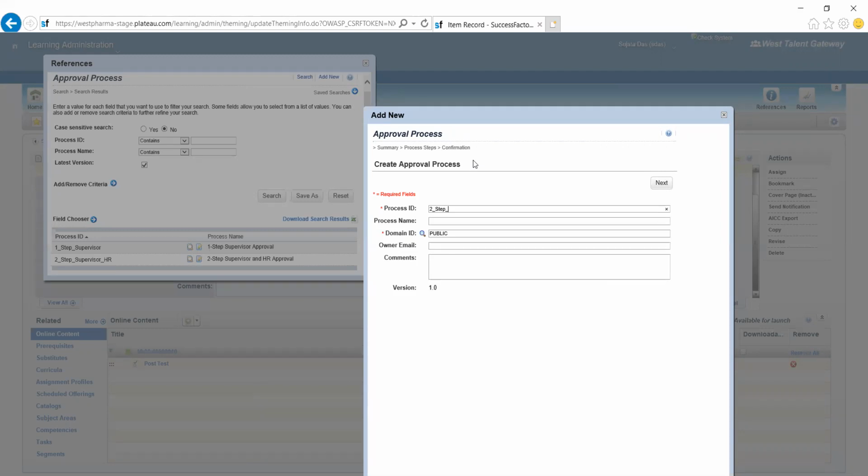Say I'm creating a new workflow, the approval process. Say it is a two-step process, and you have discussed that with your business team, so that the first level of approval is a supervisor, and the second level of approval is finance, followed by finance.